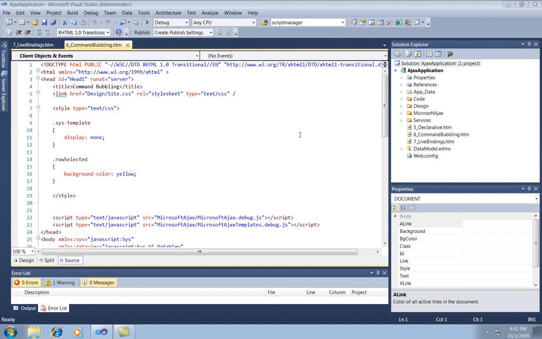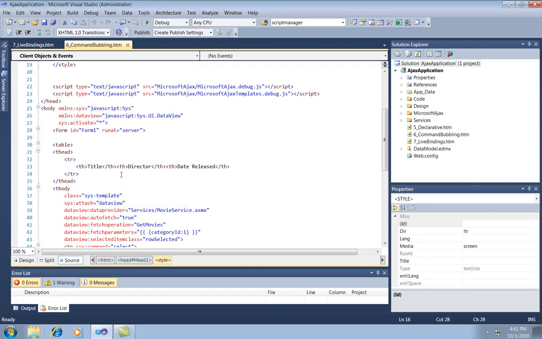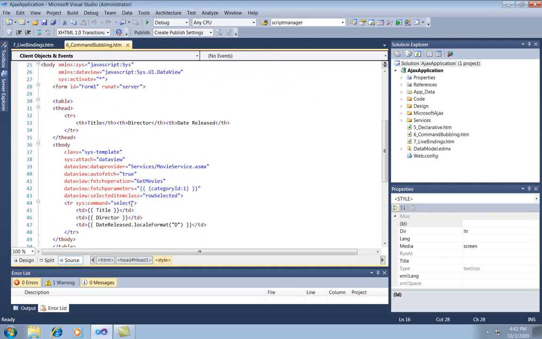Command bubbling just refers to the fact that a control can detect an event that happens to one of its child controls. So you can click a button on a form view control and the event will bubble up from the button to the form view, and then the form view control can handle it. The training kit has an example of command bubbling here. It's the same application that we just saw in the last demo using Declarative Ajax. But now we've added, as the last attribute down here in the tbody tag,